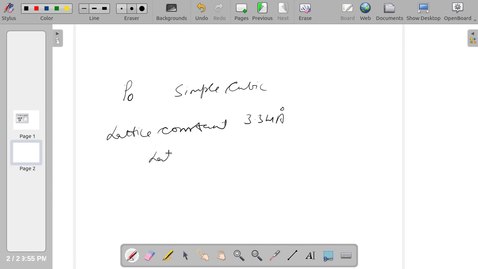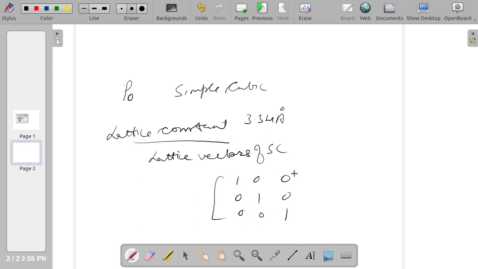And the lattice vectors of simple cubic are 1 0 0, 0 1 0, 0 0 1, and this is the lattice constant. These are the lattice vectors, right?